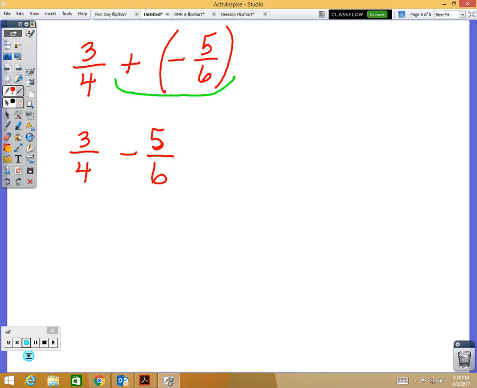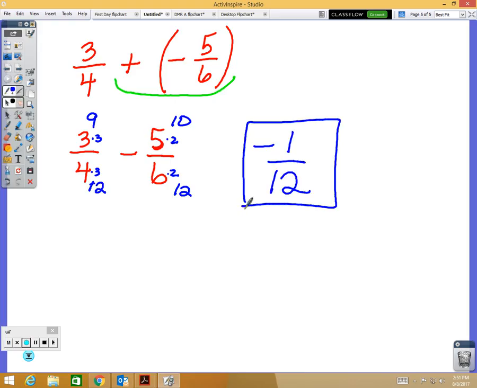Now, in order to add and subtract fractions, we need to have common denominators, correct? What would be the common denominator of this? 12 would be best. Okay, we got it. Thank you. 12. So 4 times 3 is 12. 3 times 3 is 9. 6 times 2 is 12. So 5 times 2 is 10. Now you said subtract them. You can do 9 minus 10 in your head. What is that? So a negative 1/12. Are we okay with this, or